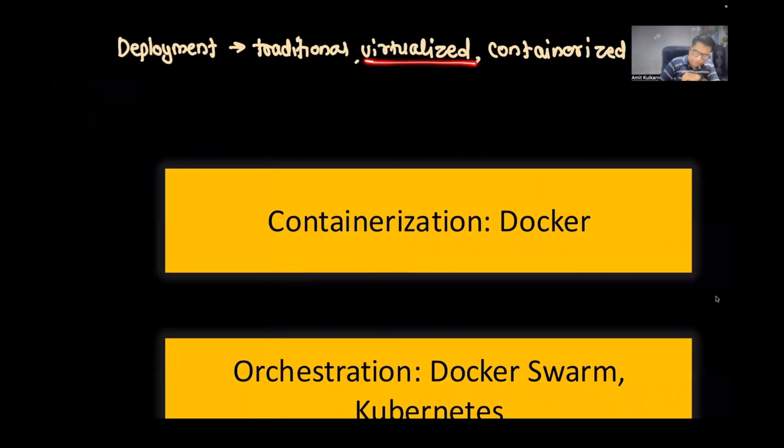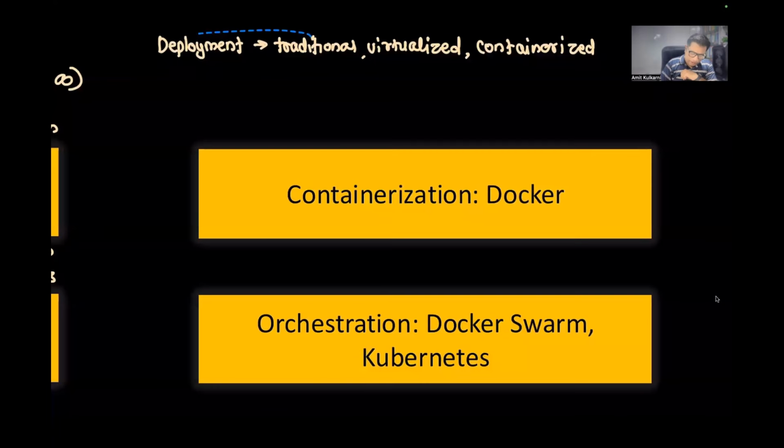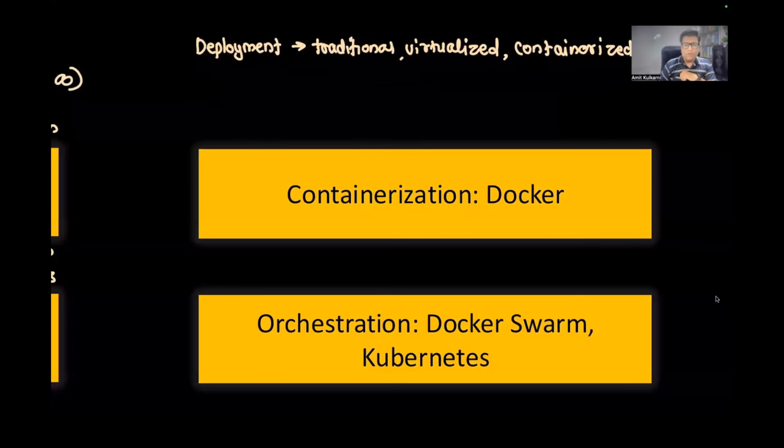Virtualized deployment means using virtual machines, as I mentioned, EC2, for example, or virtual machines on GCP, or virtual machines on Azure. This is where we may deploy our application if needed. But most often, for example, you must have seen, let's say you are watching a live match on Hotstar, and never will you see your screen frozen or your match stopped in between. Never has it happened. Netflix, when you are watching a movie, no matter how many people are watching at the same time, this application will never crash. Like Hotstar or Sony, those live matches have millions of people watching at the same time, but it never crashes. How is it possible for them to create an infrastructure that never crashes?